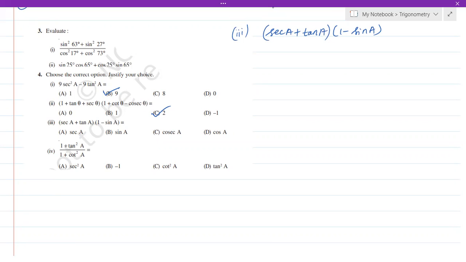You can check. The best thing is you can write the identities on a sheet of paper and keep it aside. And please check it. Is there any identity over here? No, there is no identity. So what we have to do, if there is no identity, we have to convert everything into sine and cos. So secant A can be written as 1 by cos A. Tan A can be written as sine A by cos A